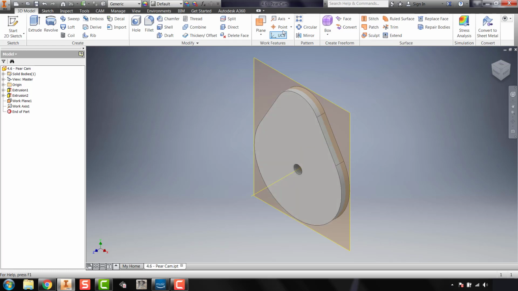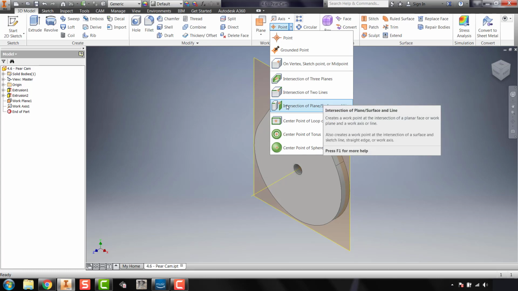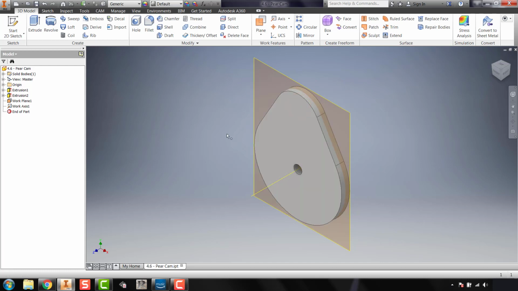To do that, we're going to go up to the work features panel, hit the drop down for point, and then we're going to select an intersection of a plane or surface and line. When we do that, we're going to select the front face of our cam, and then we're going to select our work axis. And when we do that, you can see over here in the browser it applies a work